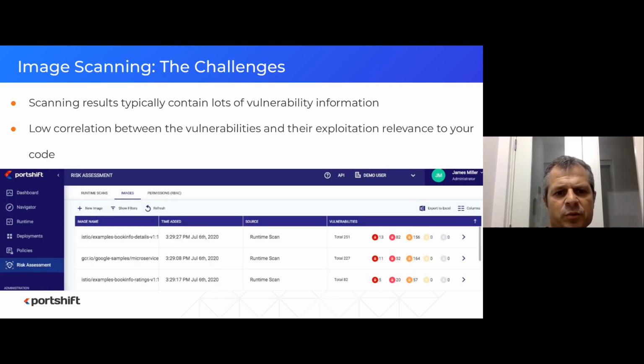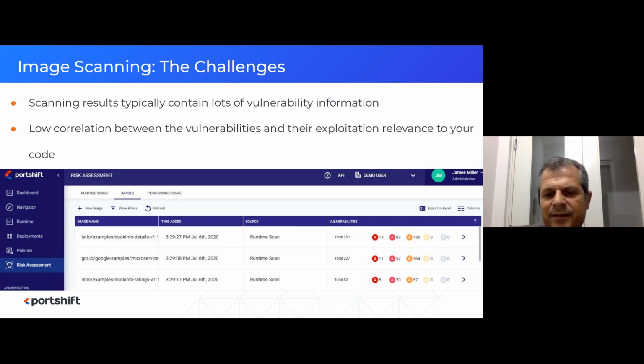But as I said before, we need to remember that there's lots of vulnerabilities. You still need to filter it smartly. And not always is there a correlation between what you find. So for example, take a look. This is a scan which I took from Portshift when we scan code, and I just took a few examples. I used publicly available examples of public applications like Bookinfo, which is used a lot in Istio, or just sample applications. And as you can see over here, I was trying to filter them from medium and above, right?